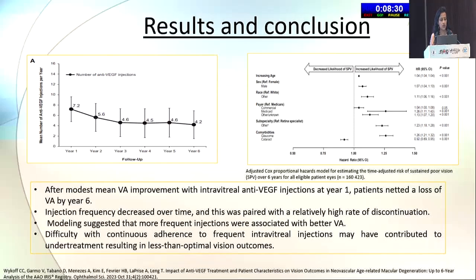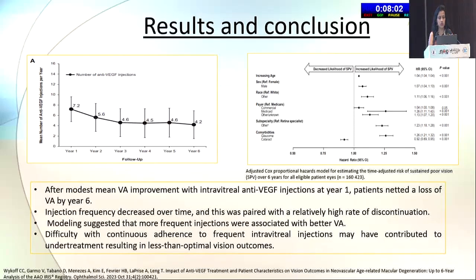because there's a fallout. Injection frequency eventually decreased over time, and this was paired with a relatively high rate of discontinuation, which is probably the reason again why there's a drop. And the modeling suggested that more frequent injections were associated with better visual acuity outcomes. But unfortunately, again, affordability and compliance becomes an issue. And there was difficulty with continuous adherence to frequent intravitreal injections that may have contributed to under-treatment and therefore less